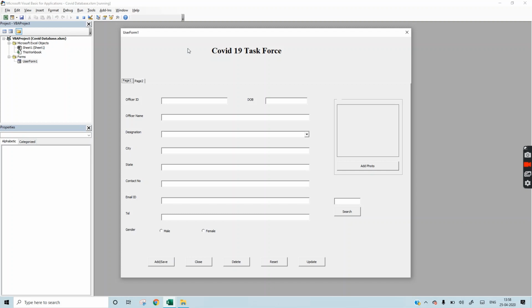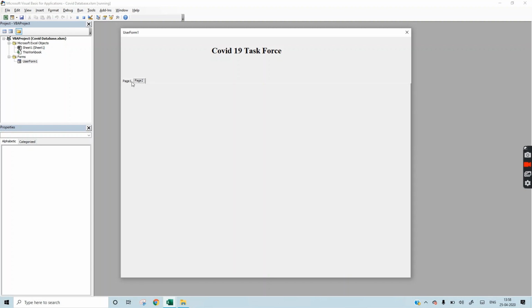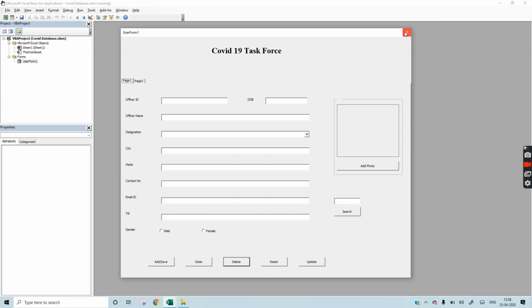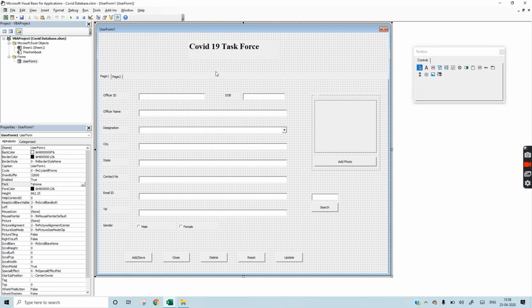So as you can see, our basic format has been created, but none of these buttons will work until we do VB coding for that. Go to page second.